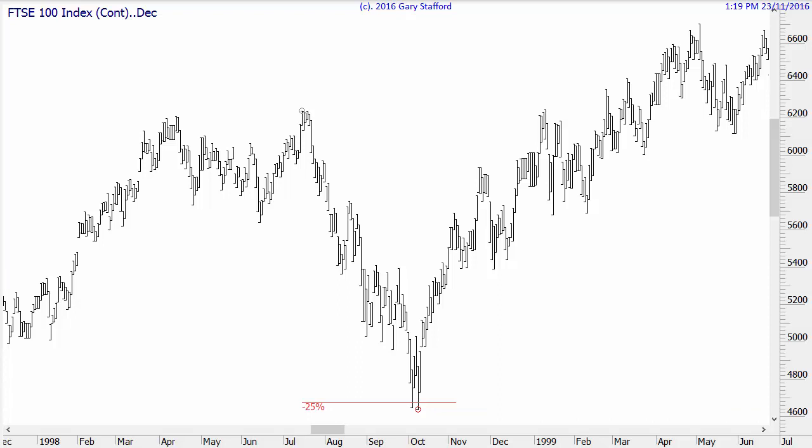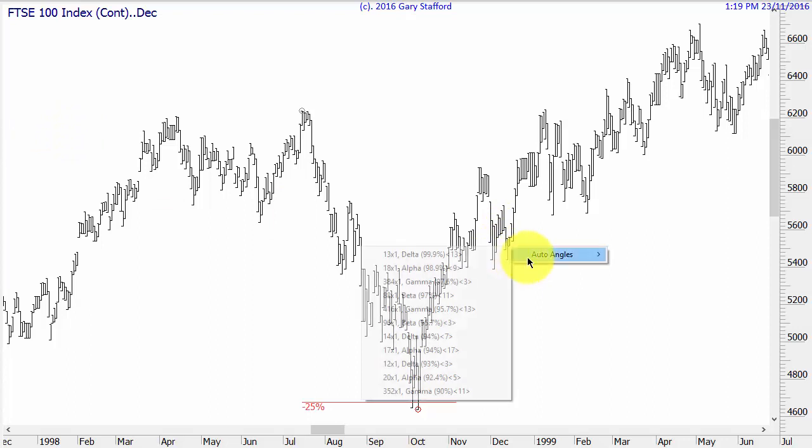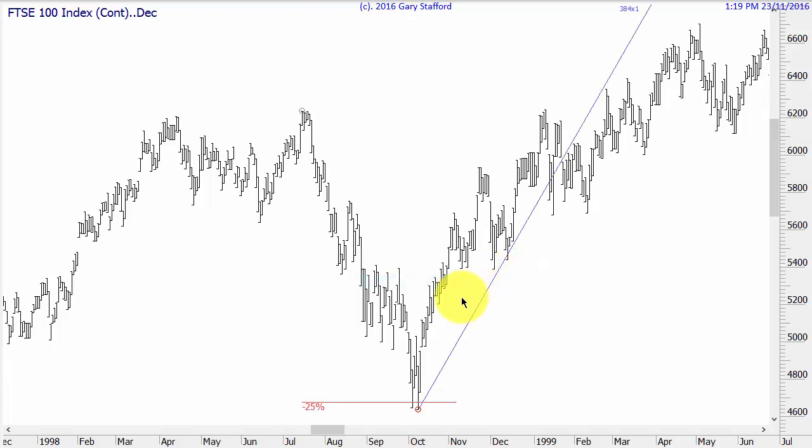Anyway, you do your next angle, 2 by 1, then a 4 by 1, then an 8 by 1, then a 16 by 1, then a 32 by 1, and if you keep doing that and you look for kind of round about the first reaction, which is round about here, eventually you're going to get to this one here, which is 384.